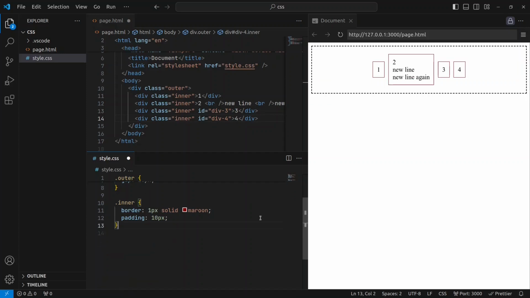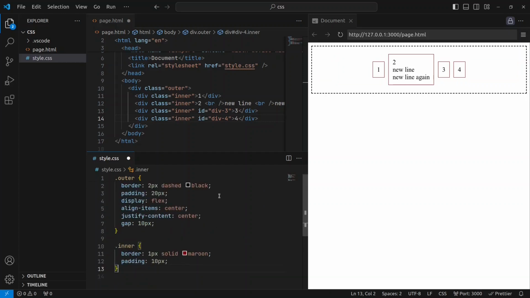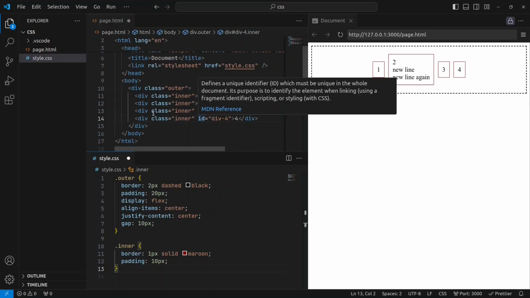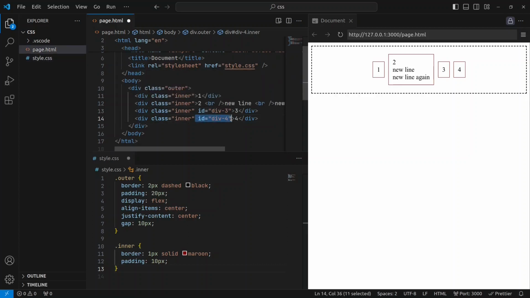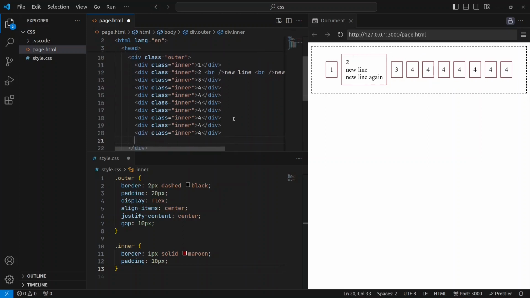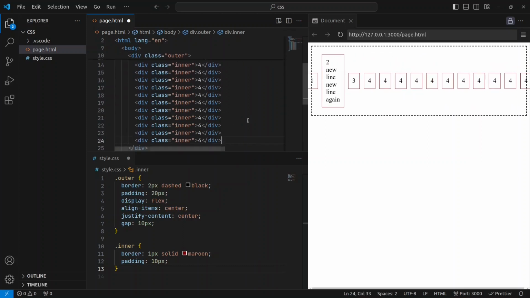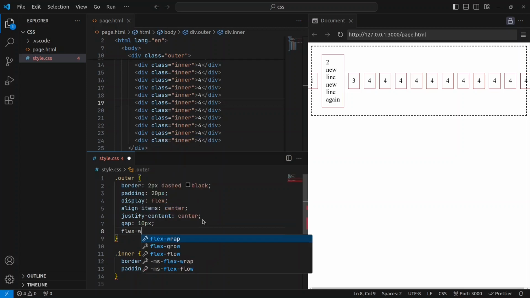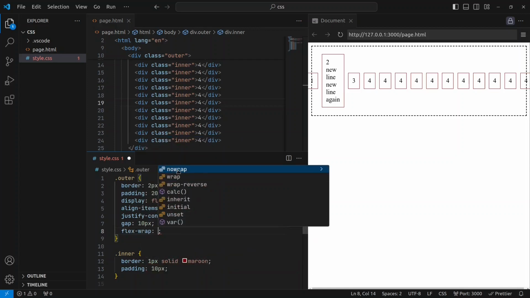Okay, let's get rid of this one again. Next thing I want to show you is another way to position elements. Actually, before that, I want to show you one more thing that might come in handy. Let's say I copy this one a lot of times. Notice the way it's going outside its container div, and that's because there's one more property I need to set if I want these to come to the next line, and that's called flex wrap. Usually it's set to the value called no wrap,